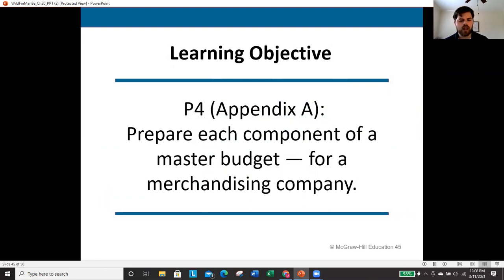Now, if you're taking the class online, you may want to go ahead and read through Appendix A, as you could end up with, say, a multiple choice question on it. But it's certainly not going to be a large percentage of the test. So I would certainly spend very little time in Appendix A. You may read through it, just take a few minutes and at least familiarize yourself with the concepts. Certainly, if you're an accounting major, I always recommend that you read all of the appendices so you don't have any holes going forward.